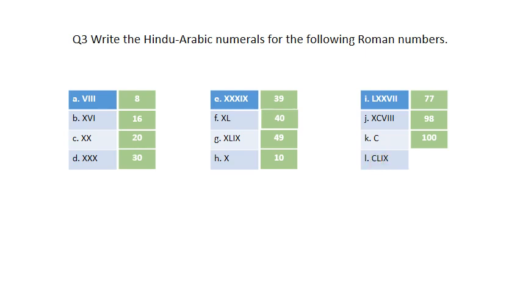Now if you see, the value of C is 100 and the value of L is 50. So in such a case, C is greater than L, so we will add. So 100 plus 50 becomes 150. 100 plus 50 becomes 159.